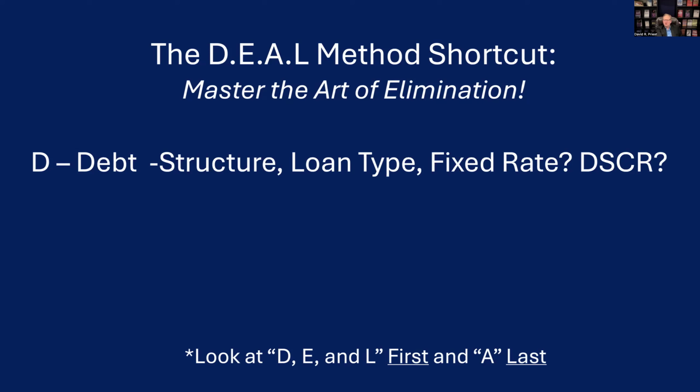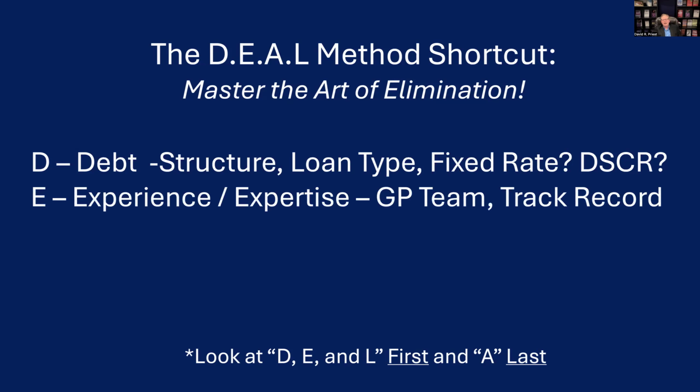So debt structure, look at that first. The debt structure is basically the biggest chance of you getting effed on the deal. And when I say F word, I mean foreclosure. Okay, banks, when they take back properties, that's when people lose all their money. So be very careful about the debt structure. I look at that first. I say no really quickly.